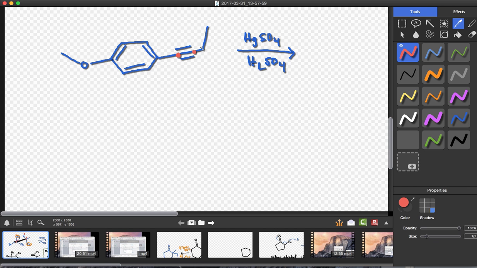Now, the problem with this reaction is you've got a choice of two that you could oxidize, and there are going to be two chemical products, two ketone products. You really want to use this reagent when you have a terminal alkyne and you don't have a terminal alkyne here. So product number one